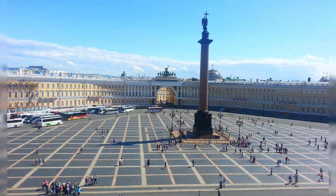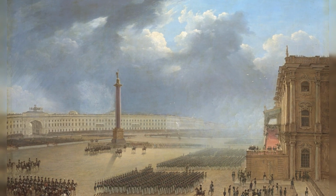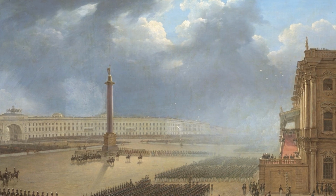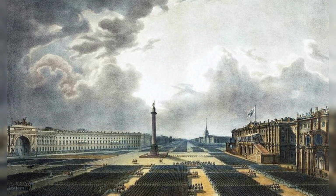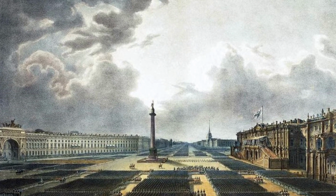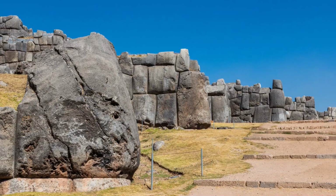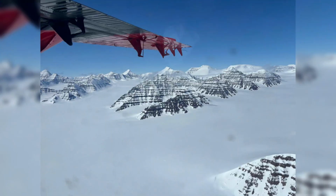Or consider the Alexander Column in St. Petersburg. 600 tons of solid granite shaped into a perfect geometric form. It's not a simple cylinder. It's a solid of revolution with complex curves and tapers. Any engineer will tell you there's only one way to create such an object. You need a lathe. A gigantic lathe capable of rotating hundreds of tons of stone while cutting tools shape it